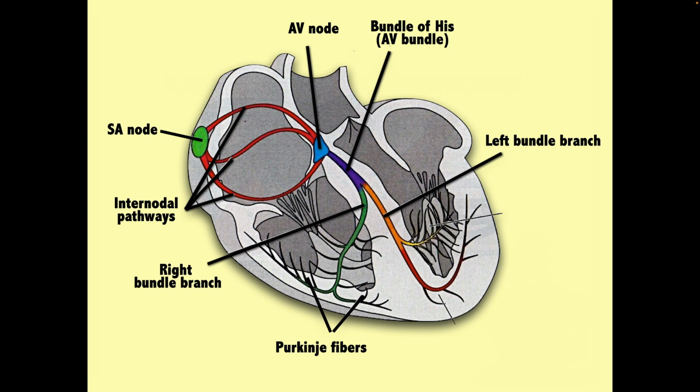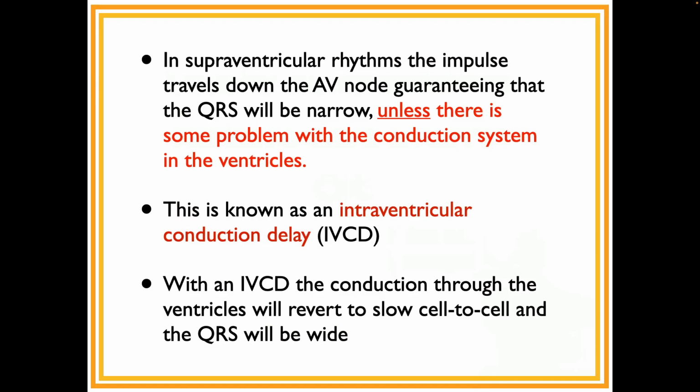Potassium. Too much potassium. Well, potassium really affects the heart muscle a lot. If the person is hyperkalemic, what that's going to do is slow down depolarization. It'll still be a sinus rhythm, but it's going to have a wide QRS. The reason I say that usually supraventricular rhythms, sinus, atrial, junctional, have a narrow QRS is if everything's working fine, then the QRS is going to be narrow, unless there is some problem with the conduction